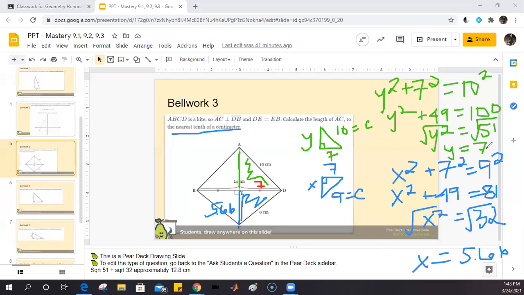7.14. So that's 7.14 from E to A. And then we just add those up. 7.14 plus 5.66, and we get 12.8 for the total distance. We added these up to get our total distance of 12.8